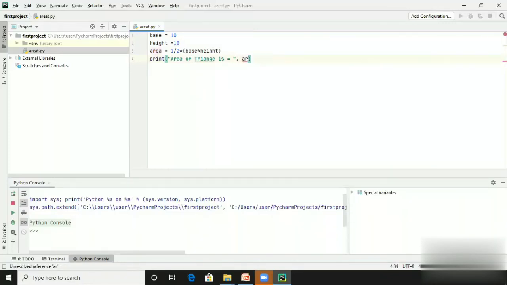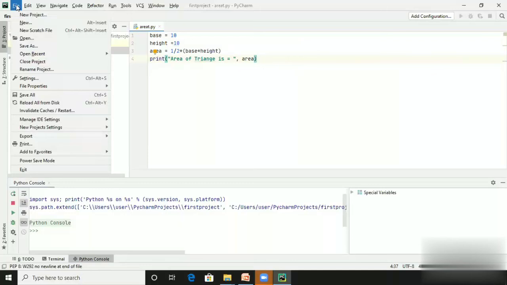See here, when you are typing area, when it is completed, it will give you the total. Otherwise, the red underline is there. So this is the Python console. Save everything.